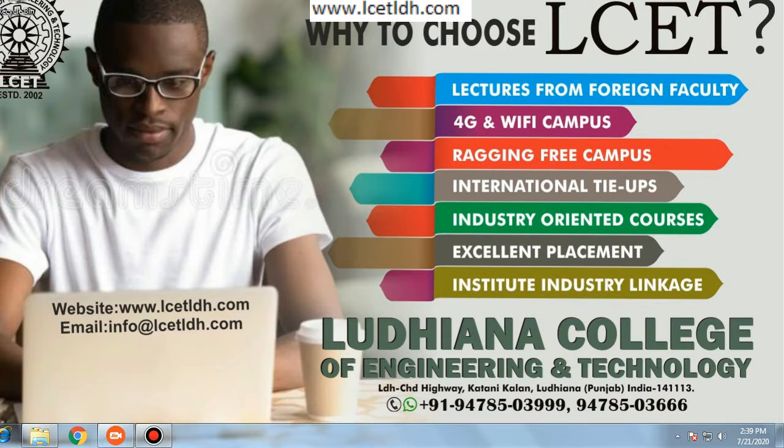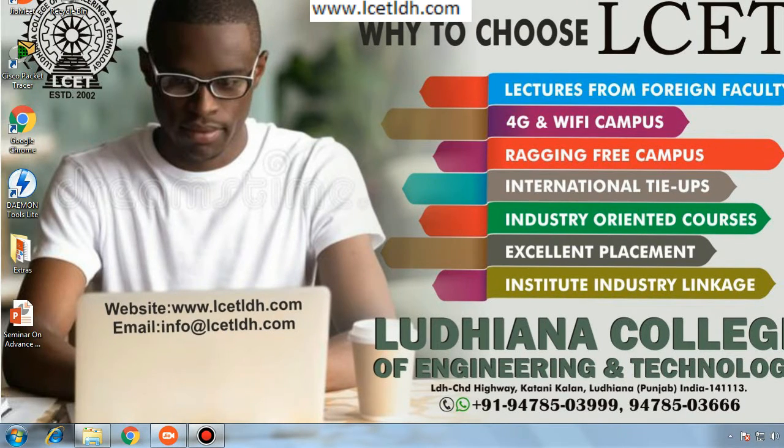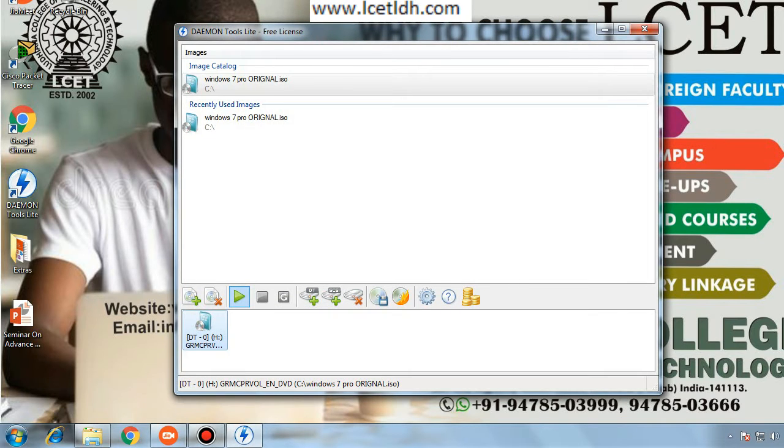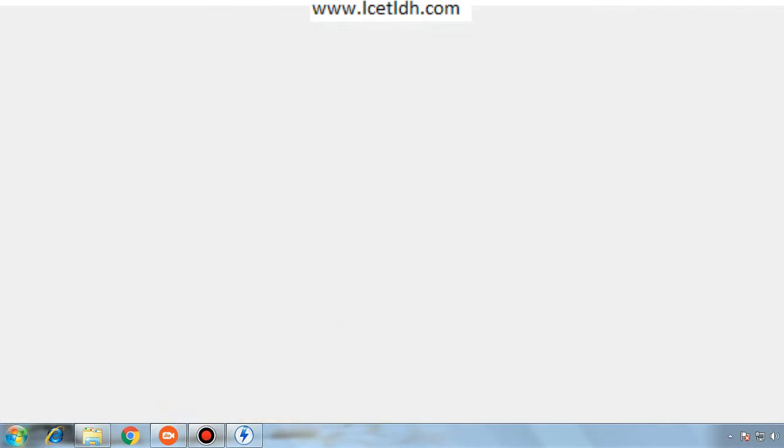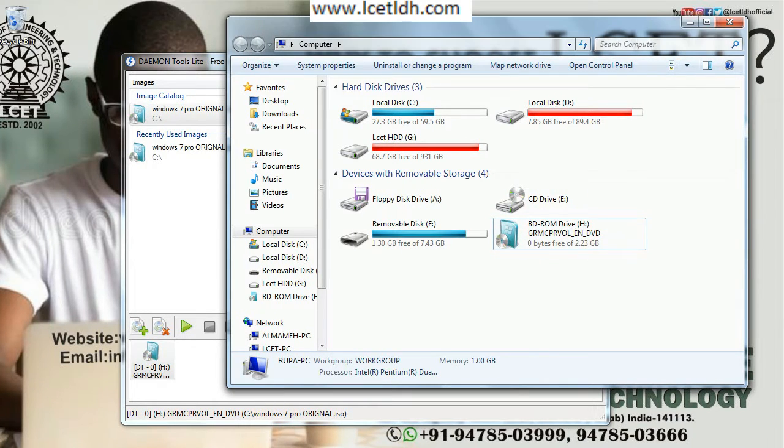In order to use the FTP, we must have the daemon tool installed into our system. I have already shown one video in which I have told you how you can install the daemon tool. So we will see how we can work with the daemon tool. We have to click this tool. After clicking onto it, you can see this tool has been opened, and in that video I have also explained how you can add an image to that particular virtual device.